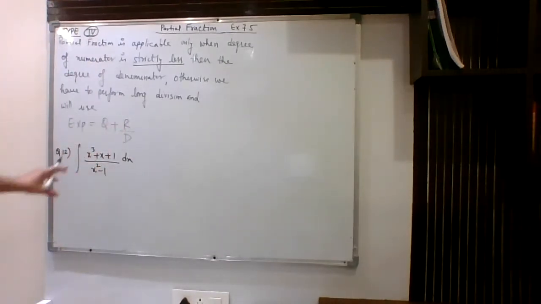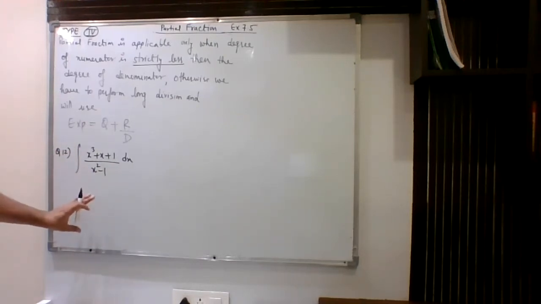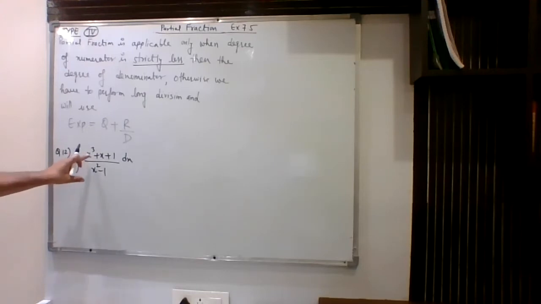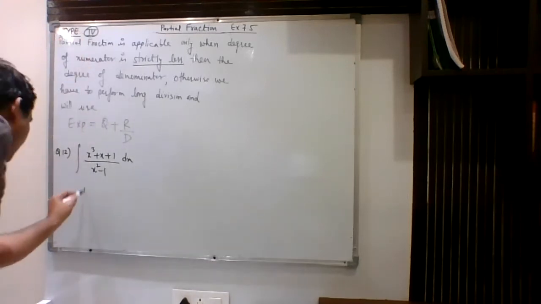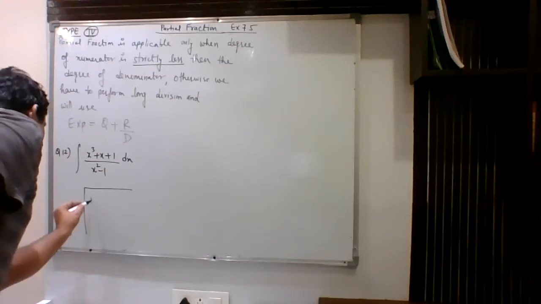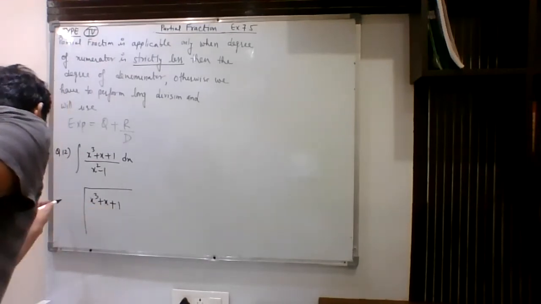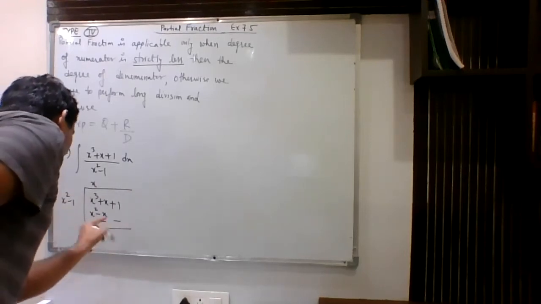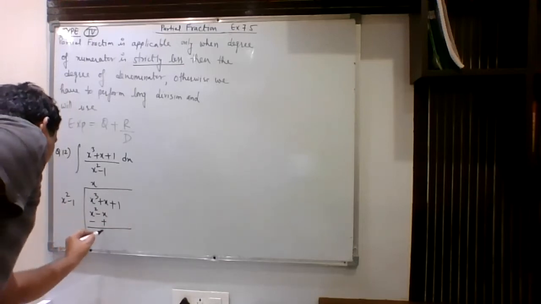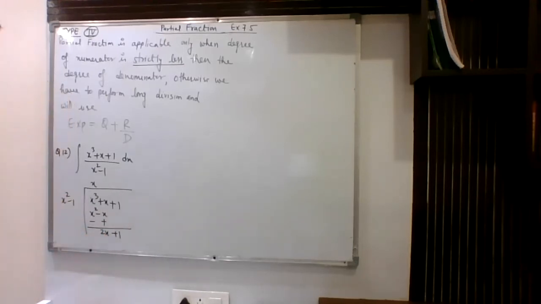Here you can analyze one thing that numerator is x cubed plus x plus 1 upon x squared minus 1. So straight away, I cannot apply partial fraction over here, right? So we can analyze that the degree of numerator is 3 and the degree of denominator is 2. So we have to perform long division method as per this type. Let us perform long division method. So when you perform that division, this can be written as 2x plus 1 and this will cancel out.